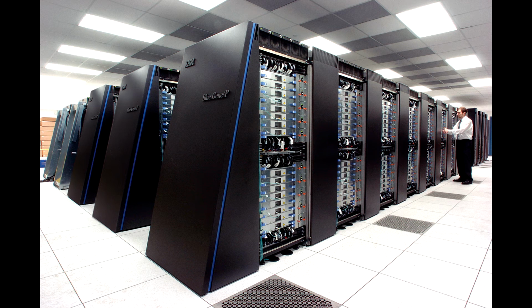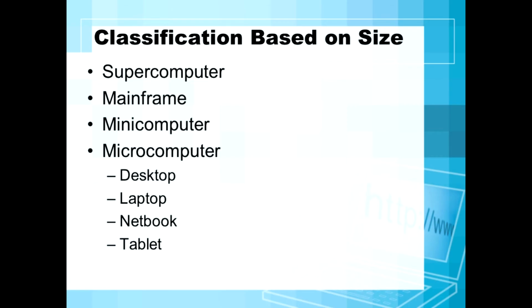For example, in your mobile, how much memory are you having? 8 GB, 16 GB, 32 GB, like that. But supercomputers will have thousands, lakhs of GBs of memory. But we cannot store everything in a small device, no. So they will keep it in the supercomputer in a big room. It is large in size.